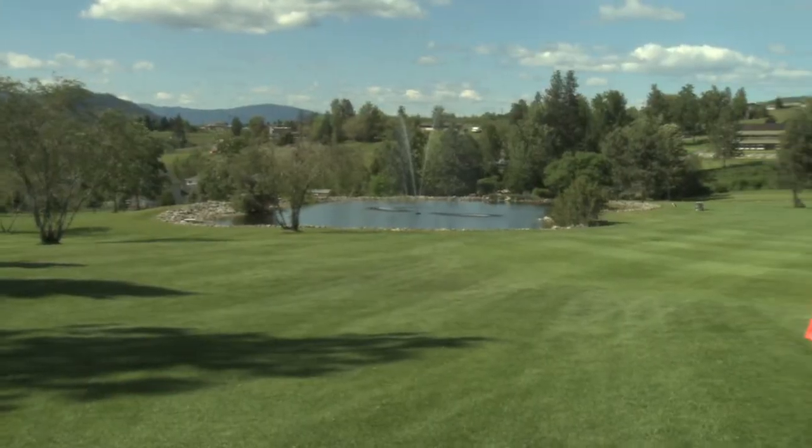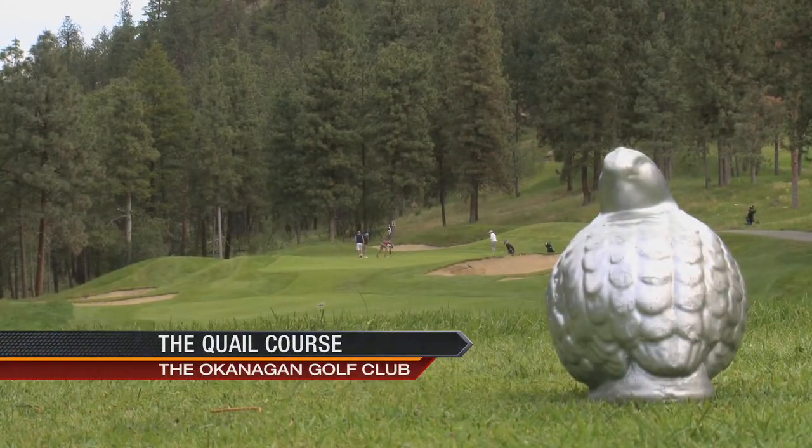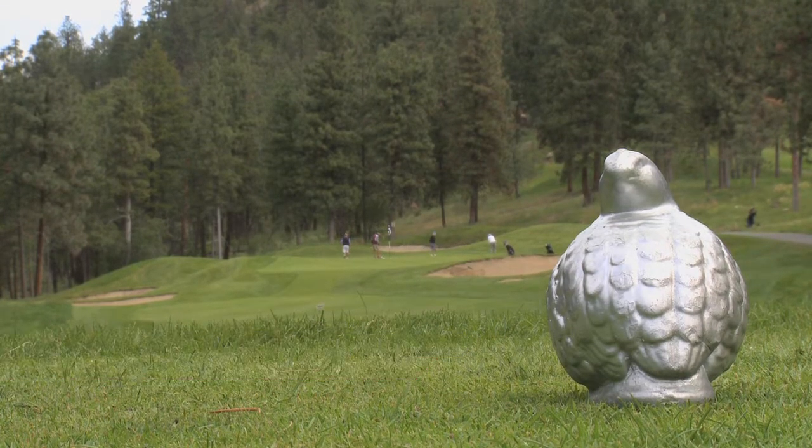A little earlier in the program, we showed you 2 of the courses here in Kelowna. Now it's time to take a look at 2 more, and show you why so many people are coming out to what's becoming Canada's best golf destination. Boasting two fantastic layouts in the northern part of Kelowna, the Okanagan Club is one of the region's premier golf